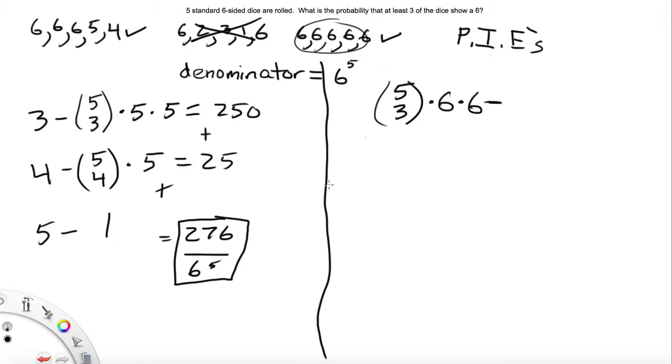So let's look at why the overcounting occurs. Let's look at this example that I'm going to give right here. Let's say we got 4 6s and then a 3, for example. And in this case right here, we overcount this a couple extra times. The reason is because we could be counting these 3 6s for our initial 5 choose 3,